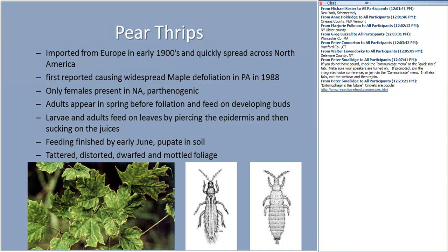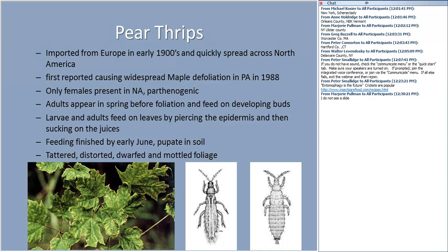deformation there in the picture to the left. You know, it isn't complete defoliation, it's damage. I think sometimes the damage can be far worse. These leaves don't look very bad. But one of the problems with pear thrips is that it also introduces anthracnose. And so, you know, it's a very complex interaction that affects the tree.